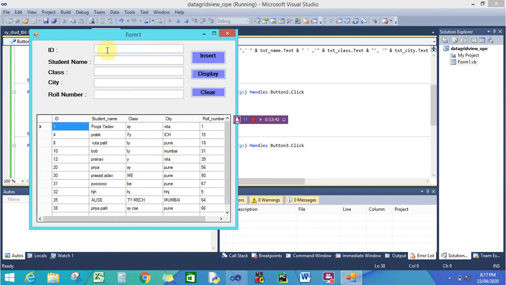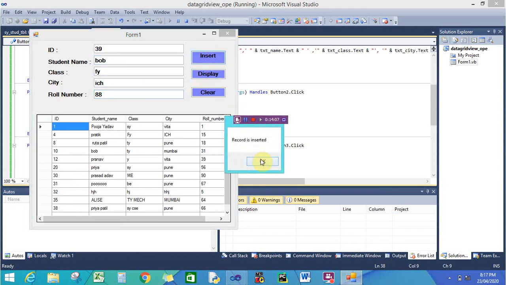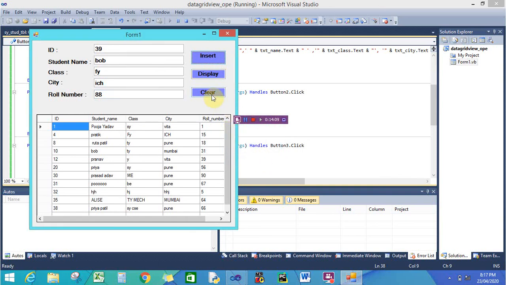Okay, if I want to add ID number 39, student name suppose Bob, class name is FY, and city will be ICH, roll number will be 88, insert, record is inserted, and then click on the clear button. Okay, yes, clear button is properly working.